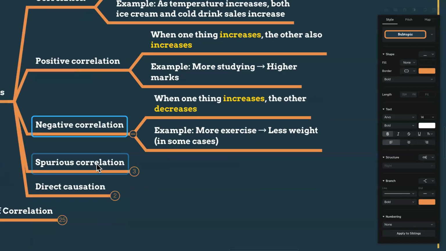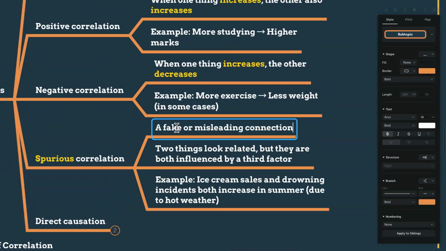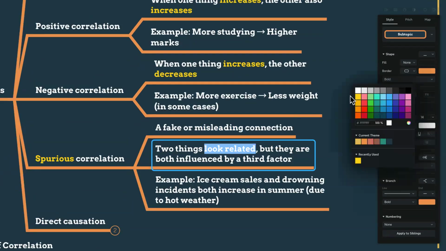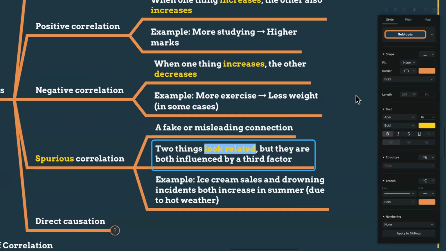That is negative correlation. And there is an important word called spurious correlation. Spurious correlation means, guys, a fake or misleading connection. That means the two things look related. Understand the words look related. It means not absolutely true. That is not an absolute relationship between them, but it looks related, because they are both influenced by a third factor, not influenced by each other. There is a third factor. For example, the ice cream sales and drowning incidents. Drowning incidents means in hot times we will go to the beach and swim,